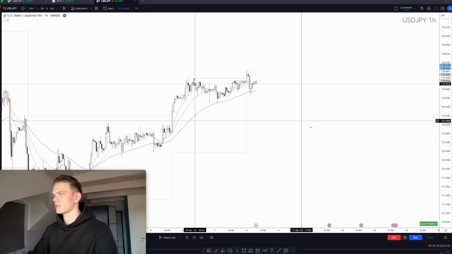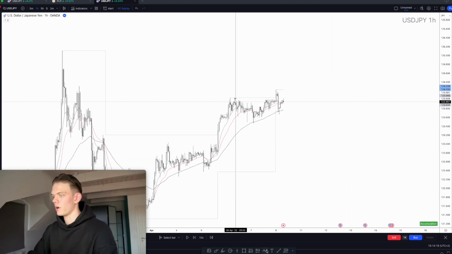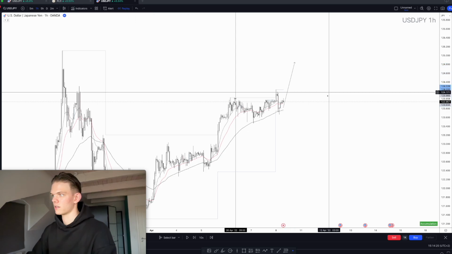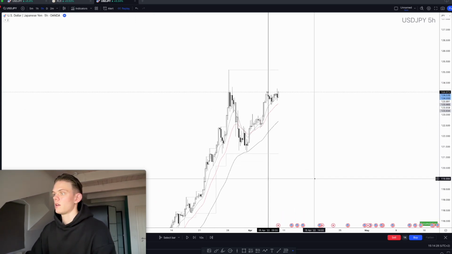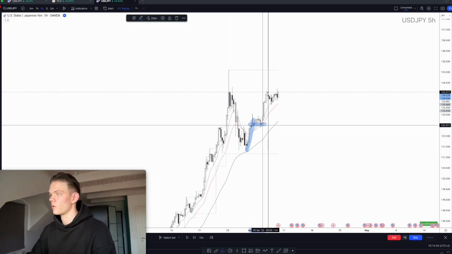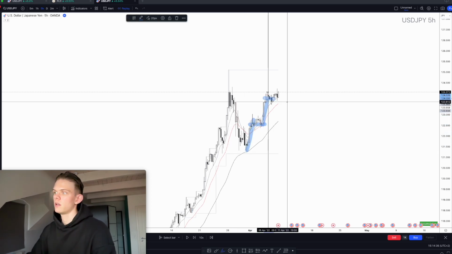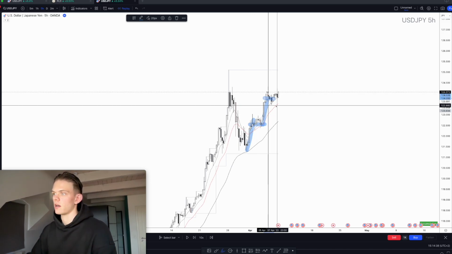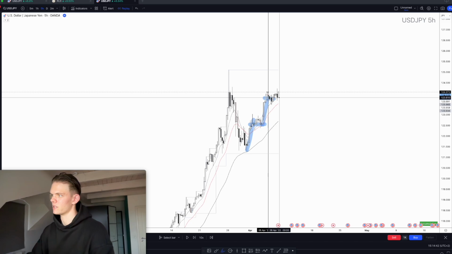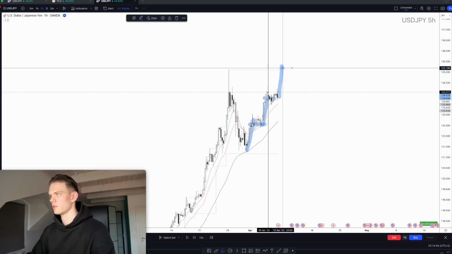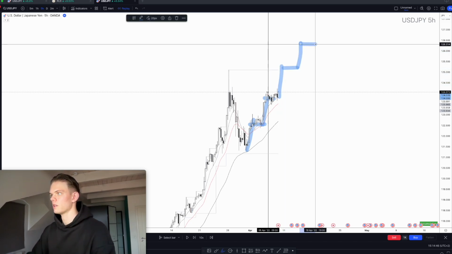We keep watching this, expecting that at some point we do want to continue this way up, right? Why do I think price is going to go there? Because we have stage 2 into stage 1 into stage 2 into stage 1. What we can expect now is this to continue with stage 2 into stage 1 to stage 2 into stage 1